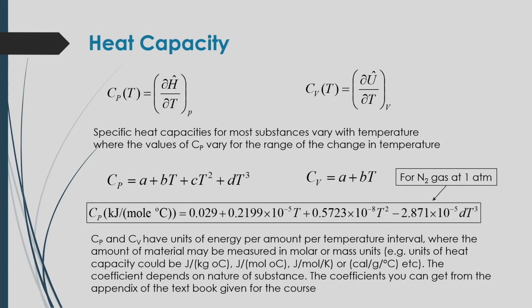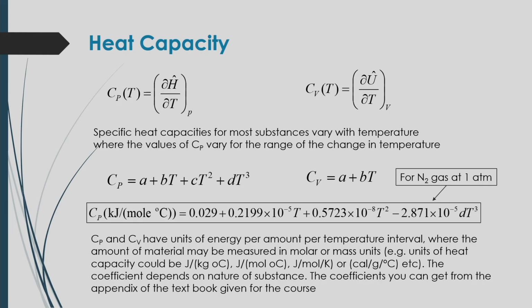So, based on which we can calculate the sensible heat, that is delta H, or you can say delta Q. In that case that will be equal to Cp dT, where this Cp is the specific heat capacity at constant pressure. Also, you can get the internal energy change based on the temperature change, and for that also, how the specific heat capacity at constant volume is changing is required to know